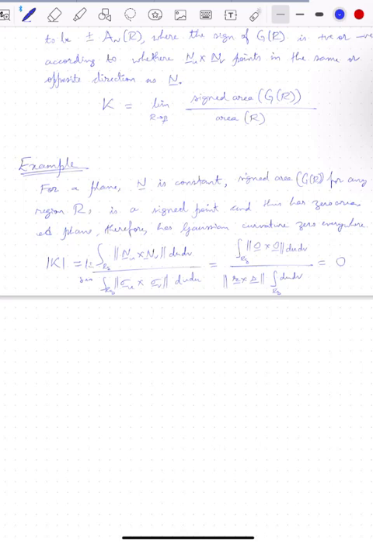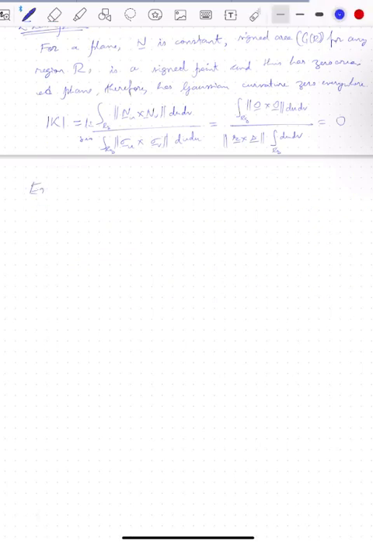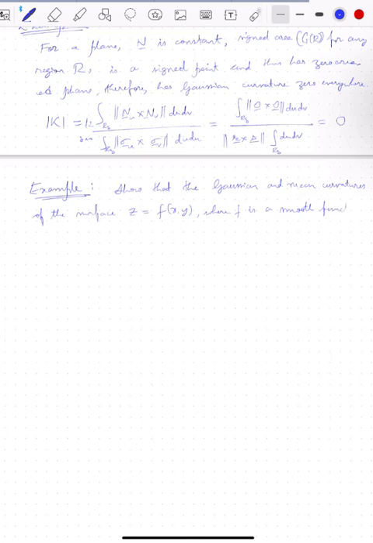Let's look at another example. It says to show that the Gaussian and mean curvatures of the surface z is equal to f of x, y, where f is a smooth function, so a smooth surface,